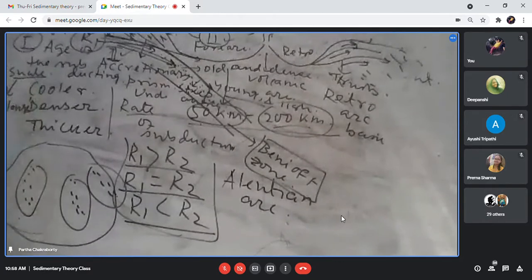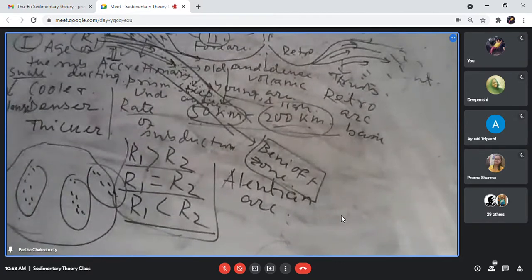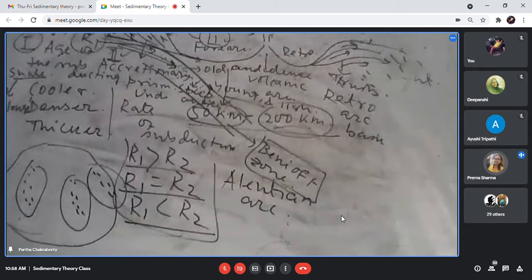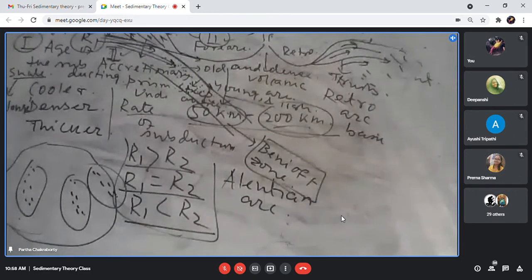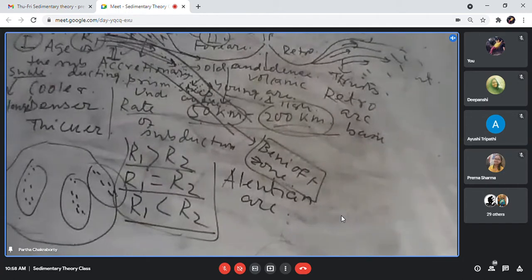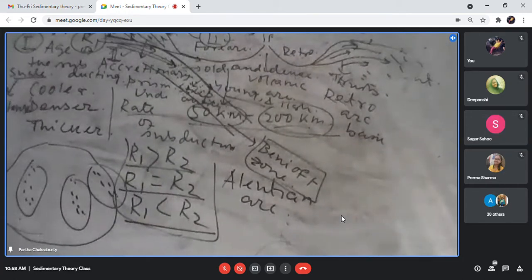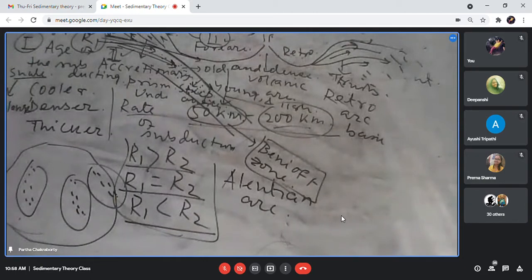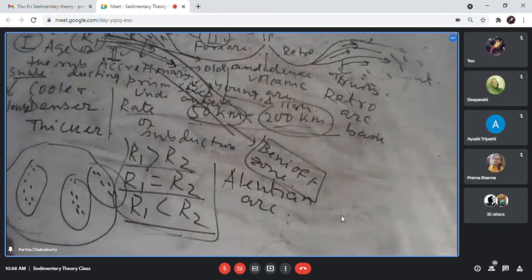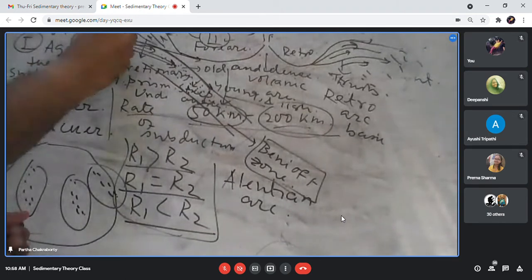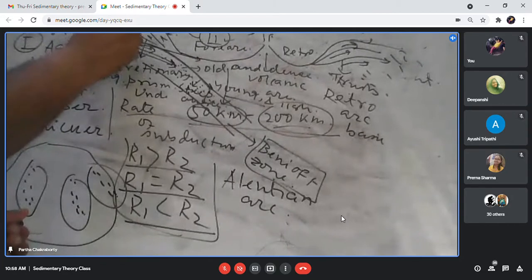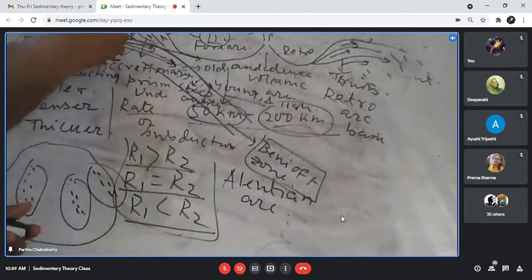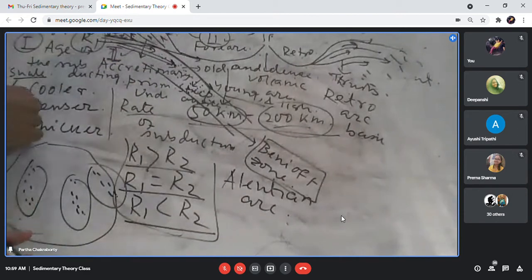Have you heard of melange? Yes, sir. What is melange? Melange is the assemblage of rootless boulders of carbonate, ultramafic, basalt in a shaly matrix. So what happens in the trench is that you get basically the shale and some blocks which are broken from the outer arc that can fall into it, and that forms the typical sediment that is called melange.